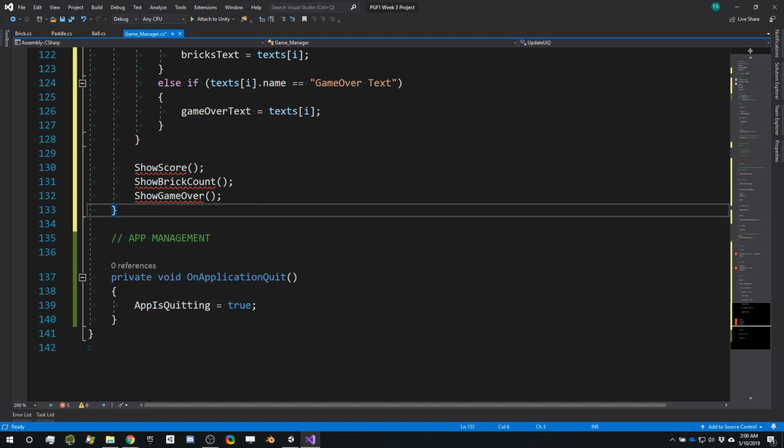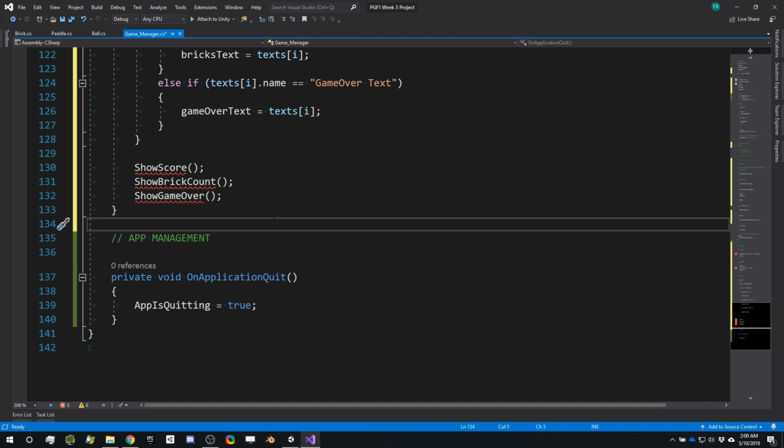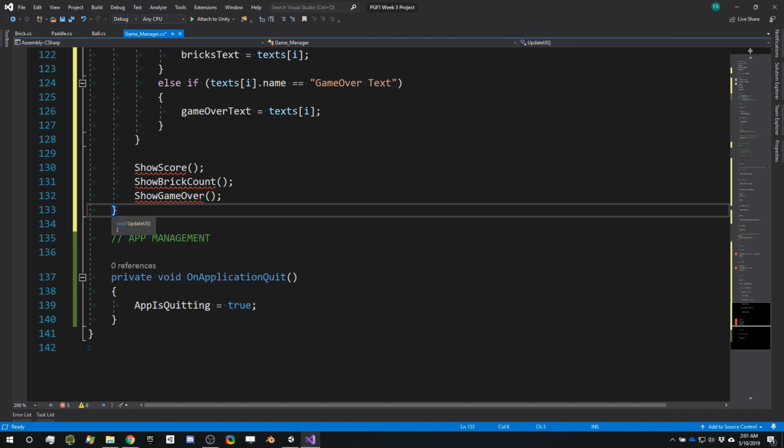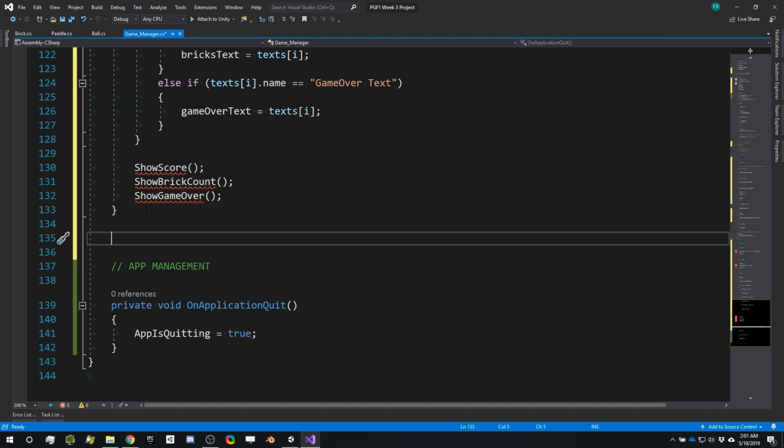Now these three methods don't yet exist, but we're going to write them right now actually. So right after update UI, going to drop down a couple of lines, and we're going to write the method that will modify and show the score. So public void